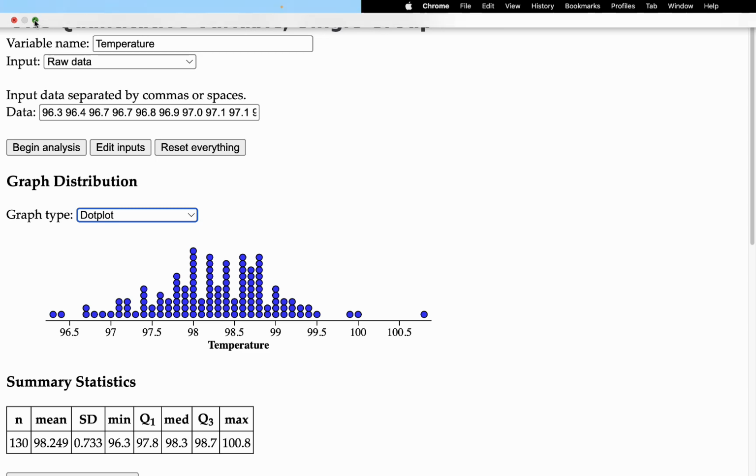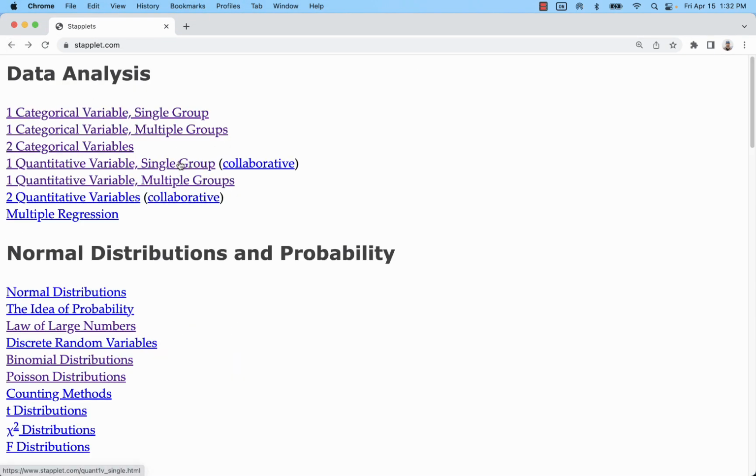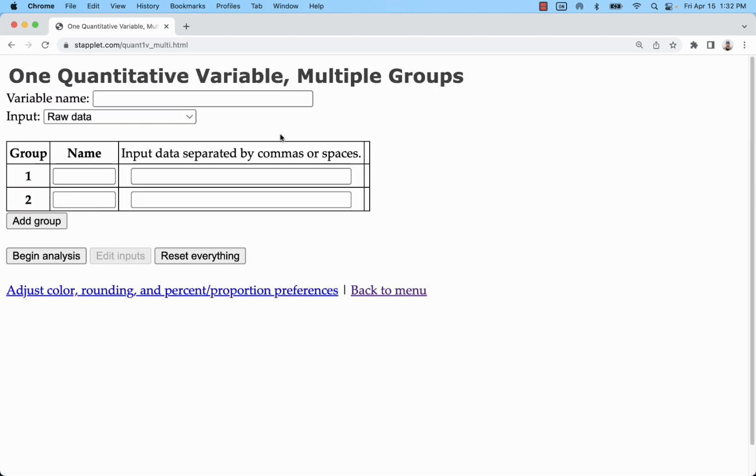Now going back, if we want to compare a couple of variables, we could do one quantitative variable, multiple groups. So actually, I said that wrong. What we're comparing is the same variable measured from perhaps different populations.